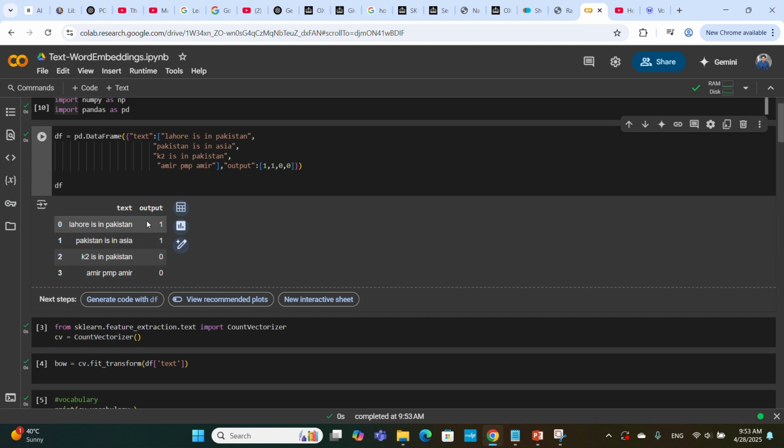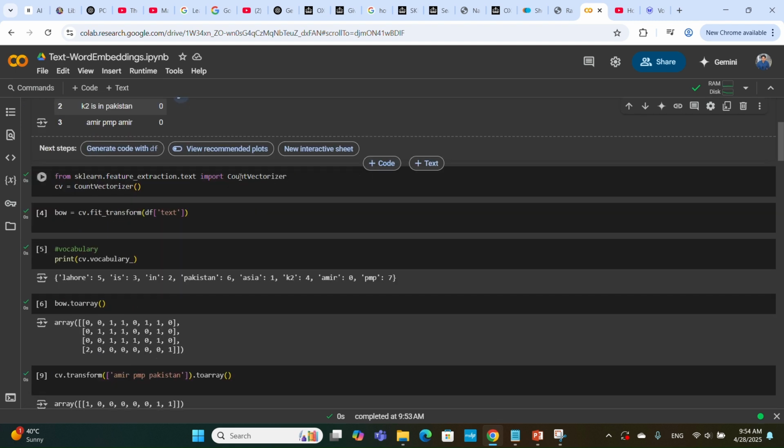So which basically gives us the idea whether it's a good review or a bad review. So I'm just writing some sample numbers. One means a positive review, and zero means a negative review, just as an example. Okay. And then we will go to the next cell, and we will be importing one library from sklearn,